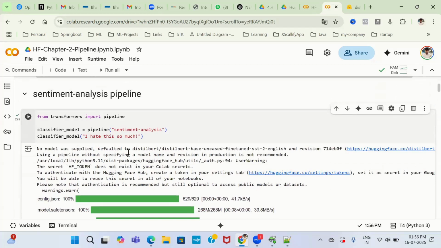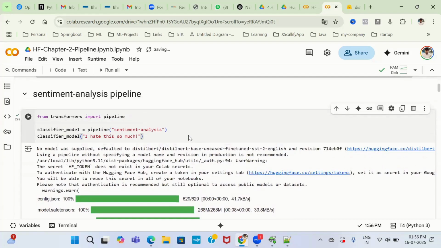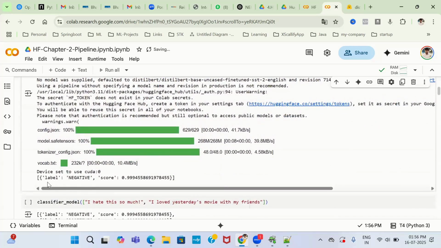You can see which model it is using. It is using the DistilBERT base uncased fine-tuned model by default. I can change this. Suppose I don't want to use this model, I want to use some different model. I can do that. Once you have the model ready, just pass your text, whatever text, blog, or article you want to analyze,